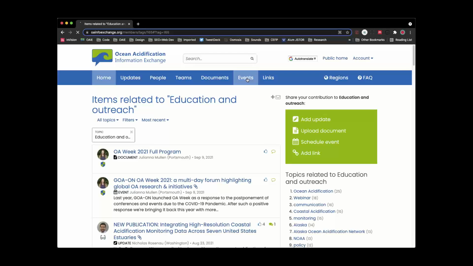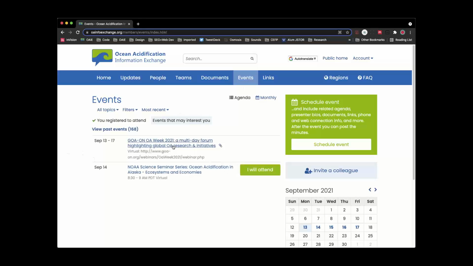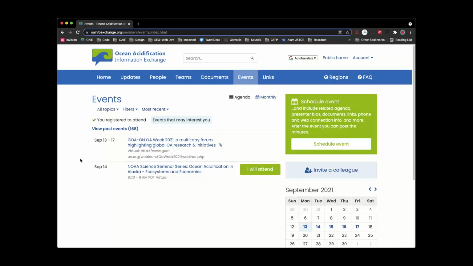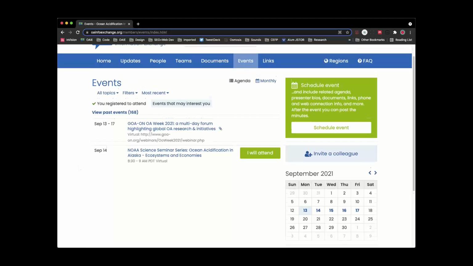Finally, let's take a look at the events page. Events are, oh man, COVID has really messed with this. Events are a little bit light right now. A lot of things have been moved around. A lot of things have been canceled. So usually it's a little bit busier here, but events are a great way to both drum up some more participation for something that you're hosting, or to find some more information about stuff that you may not know about. It's a great calendar to help keep you organized.